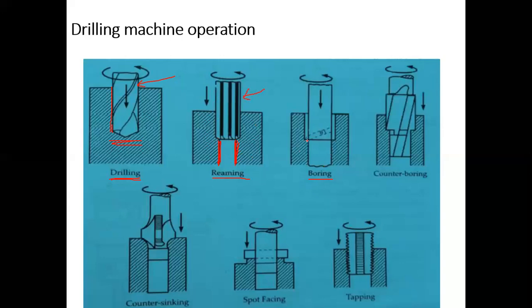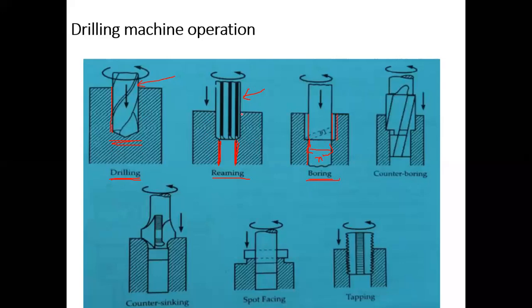Similarly, here what we are doing is, initially there is already one hole. But this hole has some X diameter, right? Maybe something about a 10 mm hole is there. Now you want to enlarge the hole. So instead of 10 mm, your requirement is a 12 mm hole. So for that, the 10 mm hole you already made, you are enlarging. So enlarging the hole is called boring. So always remember, boring means enlarging the hole. You see here it is enlarged.